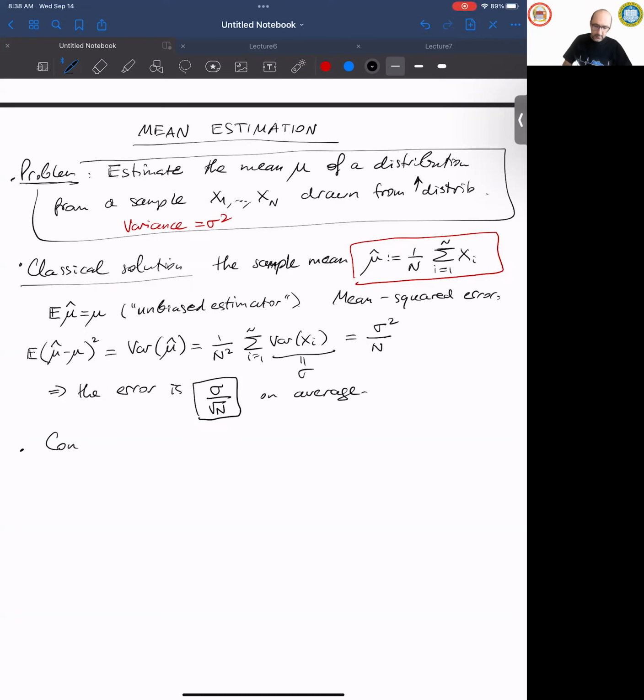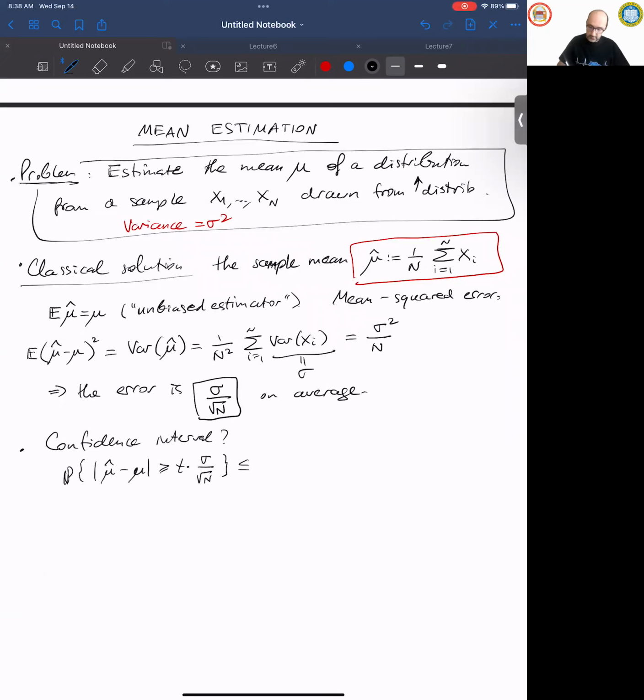How confident are we about that truth? The confidence interval. We can use Chebyshev's inequality just to check, right? What's the probability that the error is not sigma over root n, but maybe t times larger? So I'll put t times sigma over root n. What's the probability to make 3 times that error?